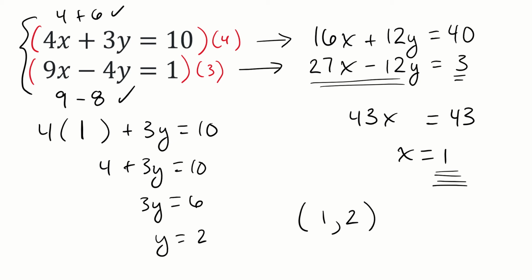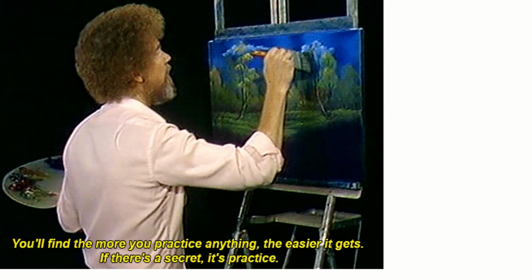Sometimes if you want to solve a system using elimination, it's not enough to just multiply one of the equations by -1. Sometimes it's not enough to just multiply one of the equations. You might have to multiply both of the equations by something in order to get one of the terms to eliminate. All right, our second item starting at 629, and it says, the great Bob Ross says, and I've heard